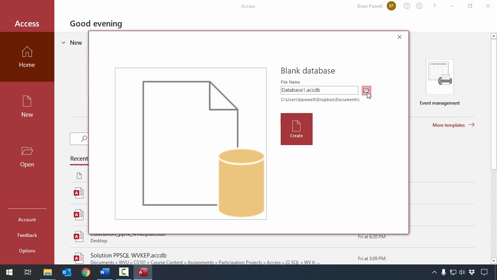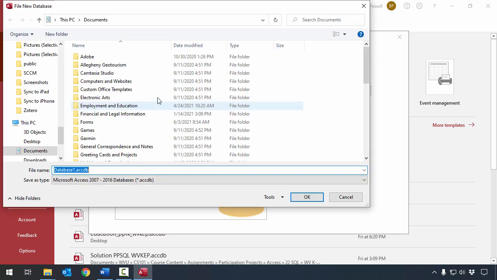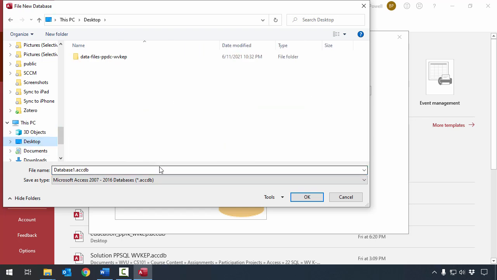I'm going to go and click the little file folder icon here and specify that I want to place it on the desktop so that it's easy to find. You can place it wherever you would like, of course. Desktop is just my preference for right now. The instructions give us the file name to use. It's going to be